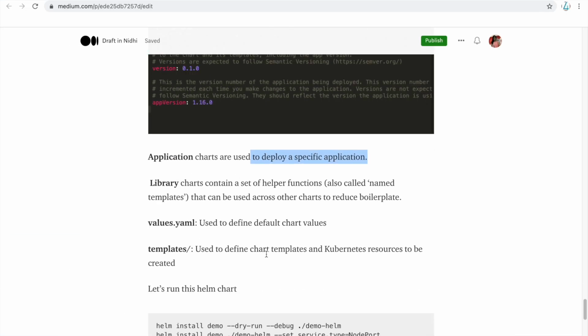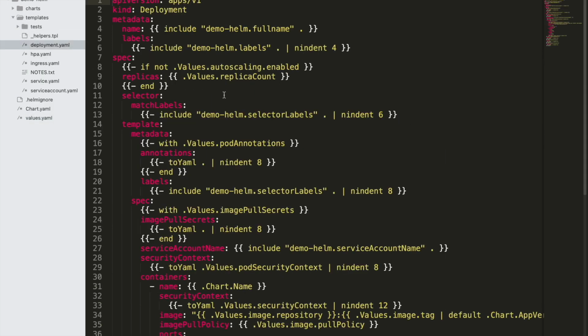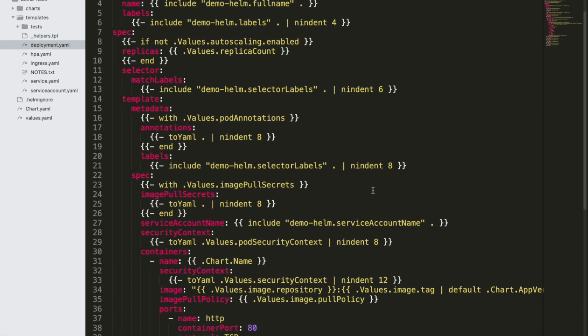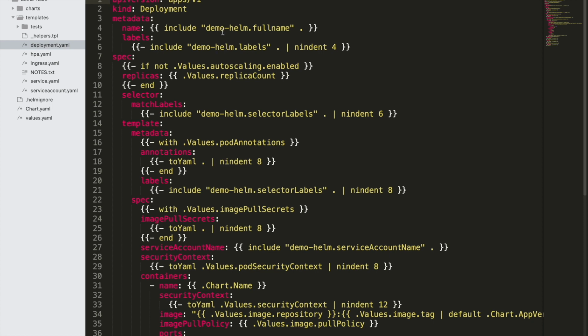Templates is used to define chart templates and the Kubernetes resources that need to be created. So if I open this templates directory, in the deployment.yaml file you will see a lot of instructions on how to create the deployment. Here you can see that it uses this syntax, and all these values are coming from the YAML files.